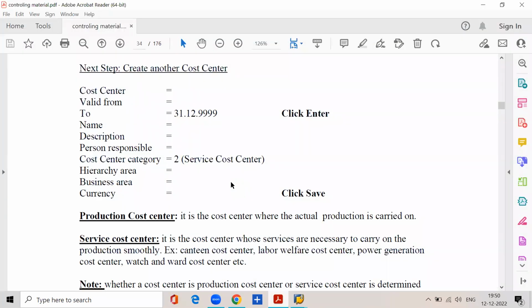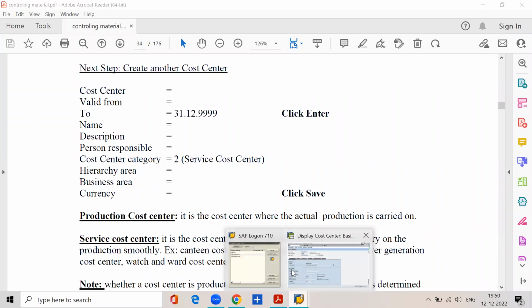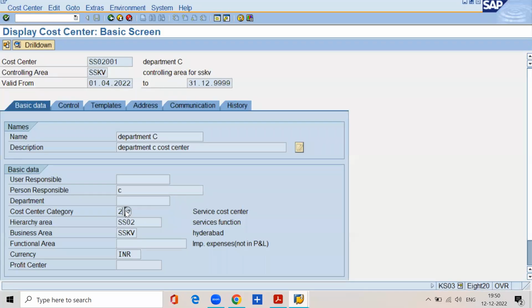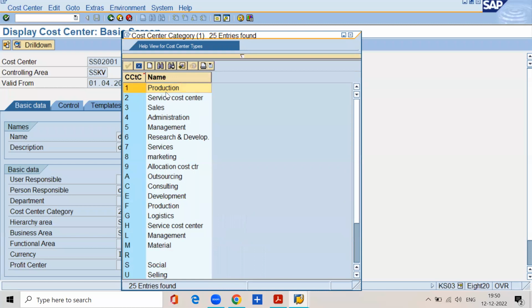But anyhow, we have created the standard hierarchy, right? Now, we have created 3 cost centers. For the first 2 cost centers, we have given the category 1. Category 1 means production cost center, and category 2 means service cost center, right? So category 1, production cost center, category 2,